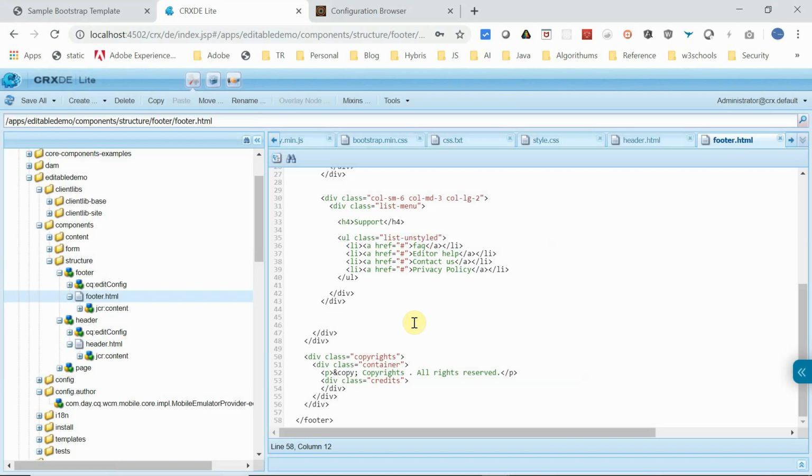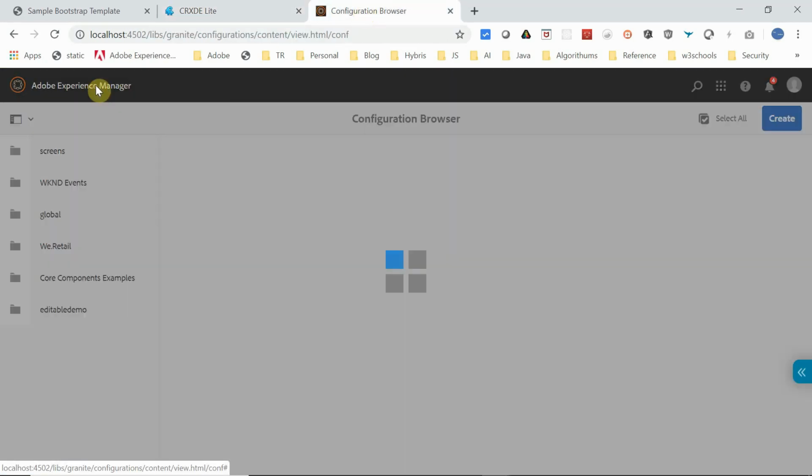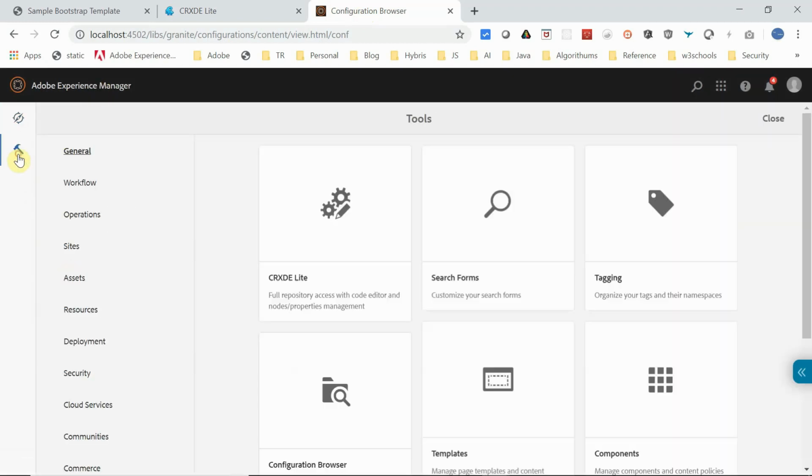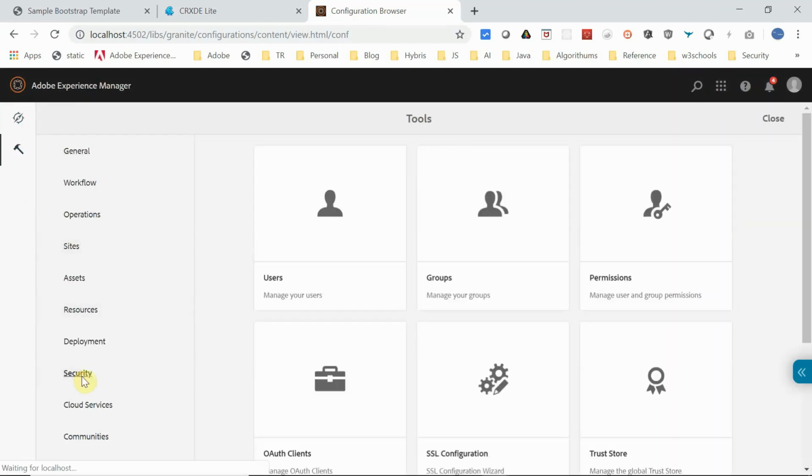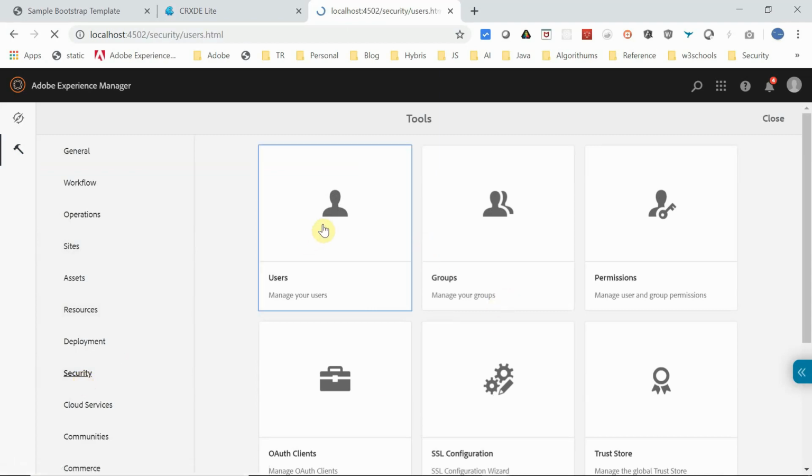Now we need to define the template author user. So let's create a template author user and also an author, because right now I am logged in as an administrator. Let us use a separate template author user and author user, so the template author can configure the template and the author can configure the page. For that go into operations, then security, create a user.